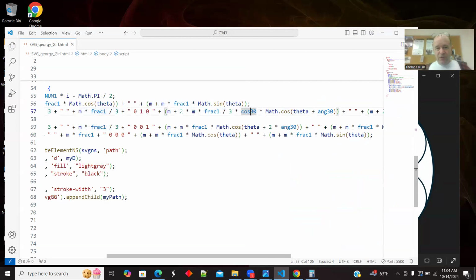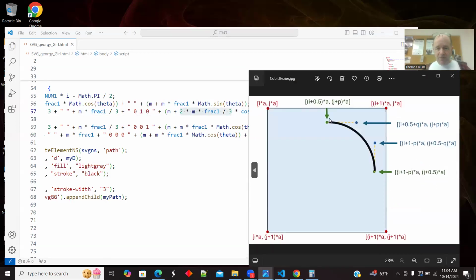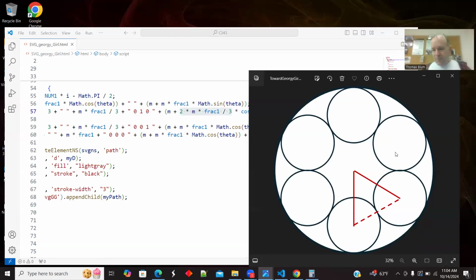There's my cosine of 30. There's twice this radius. So I have two times the length of this red thing here, which is 2 of the radii,